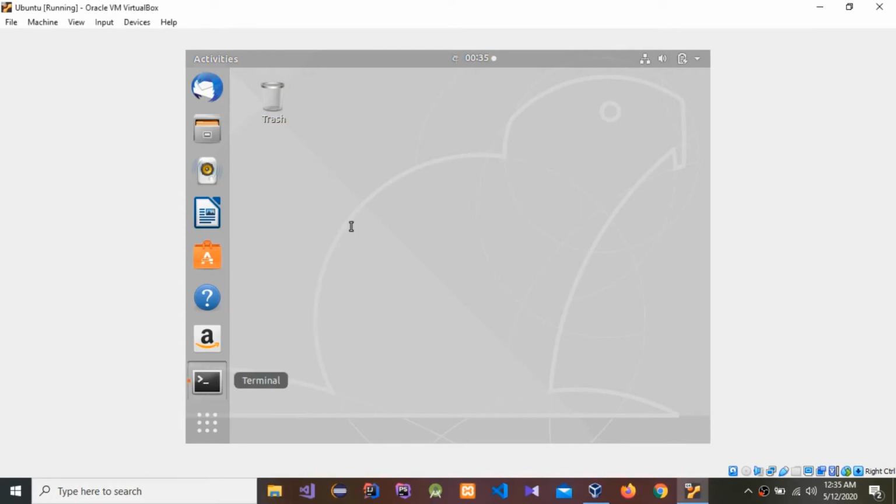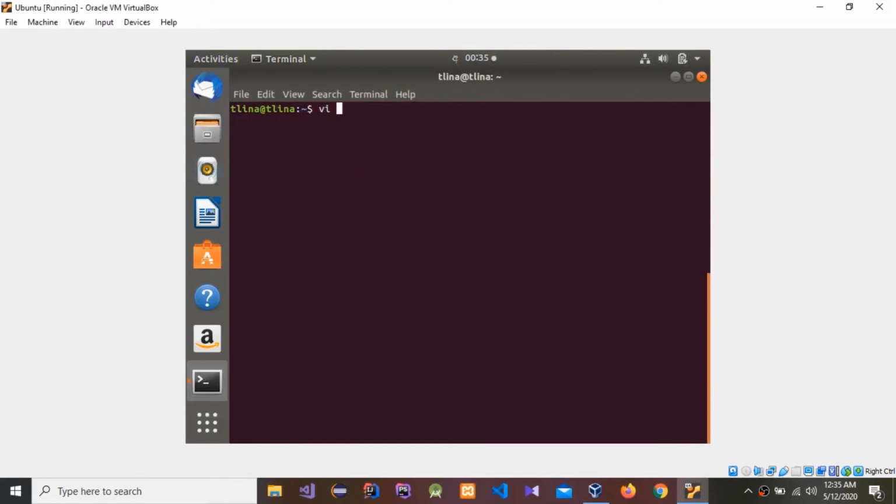Okay guys, today I'm going to show how to delete a created file. Go to your terminal, type vi file.txt, I'm going to create a txt file, press enter. If you want to type something, you have to press the insert button. After that you can type anything you want, and if you want to save it, press the escape button, colon and WQ, press enter. So press ls. You can see the created text file.